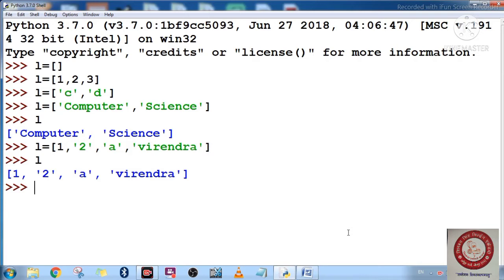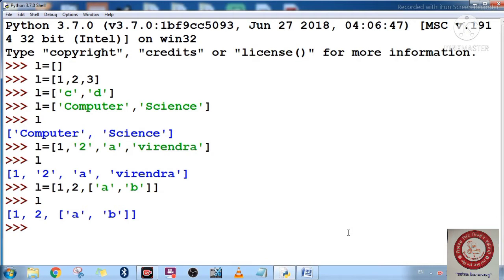And one more thing I want to show you here: if you want to have a nested list, how can you define that? First you write like this, then a square bracket, suppose I have taken this one, then again put a comma, then again one more square bracket, and you have to write something else. Suppose I write a comma b, like this, then you have to close the square bracket, print it, then see the result here.